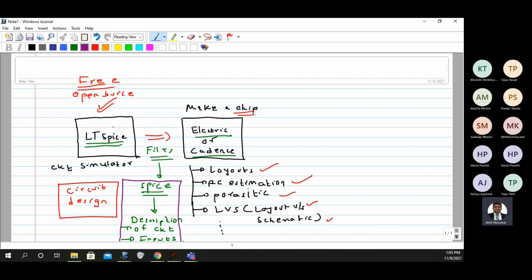But that Spice file as it is cannot be understood by Electric or any higher order software. So for that you may have to tweak this file. Tweak means you may have to add one or two more lines or commands in this file, and once you open this file you should be able to understand what is written in it.